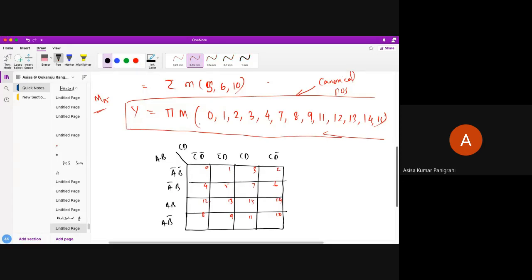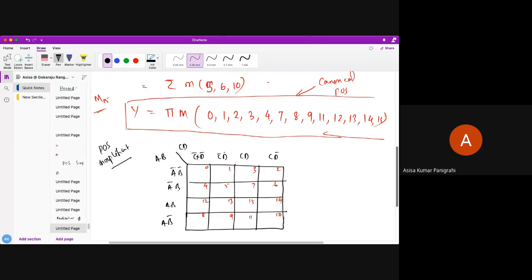Now I can put what positions are present. But see here, we are going to realize the non-NOR relation. So what you need to do, students, is put all zeros and do POS simplification. Why? Because we need the POS form to realize the non-NOR relation. So obviously here it will get changed.